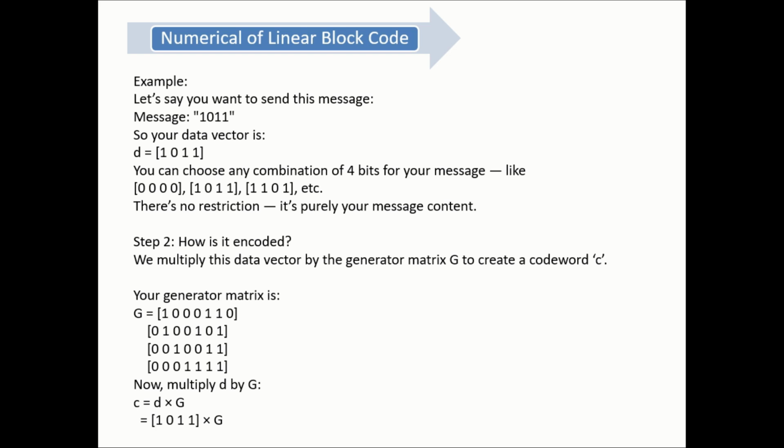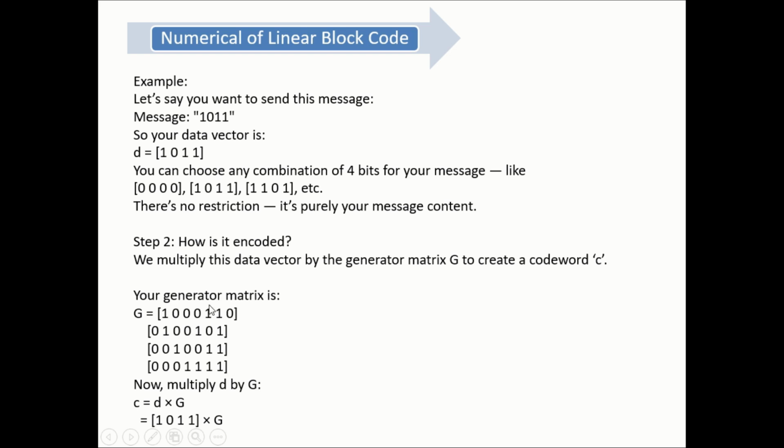Okay. So how is it encoded? We multiply this data vector by the generator matrix to create a code word. Here we have already used a generator matrix which is calculated with the help of the parity matrix. So you can see 1000, 0100, 0010, 0001, these are the 4 data bits, 4 columns. So this 4 cross 4 is the identity matrix,